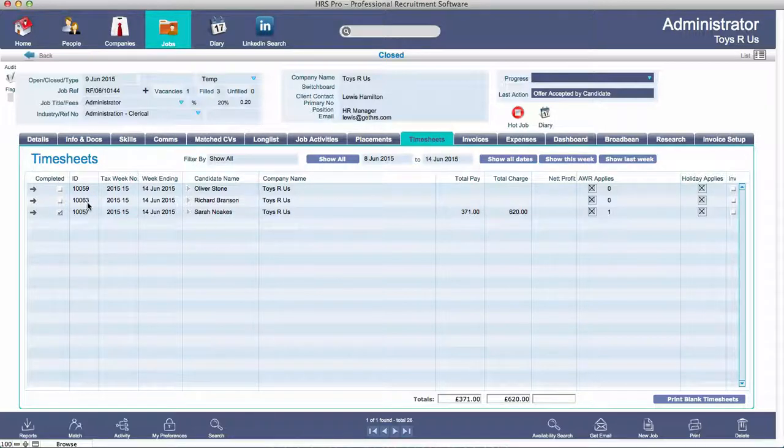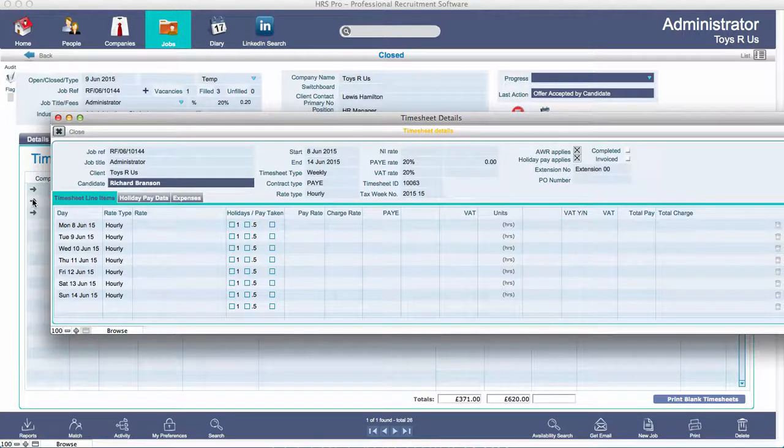So I'm going to fill them in here. Whichever way you fill them in, it doesn't matter, it's exactly the same. I'm going to go into his timesheet by clicking on the arrow to the left, and up comes the timesheet. We can see it's set to PAYE, which means it will calculate holiday pay and NI as I populate the